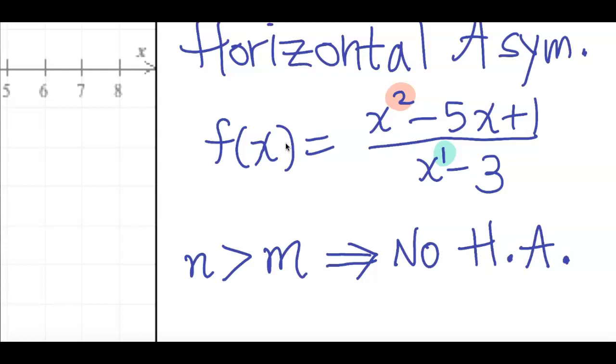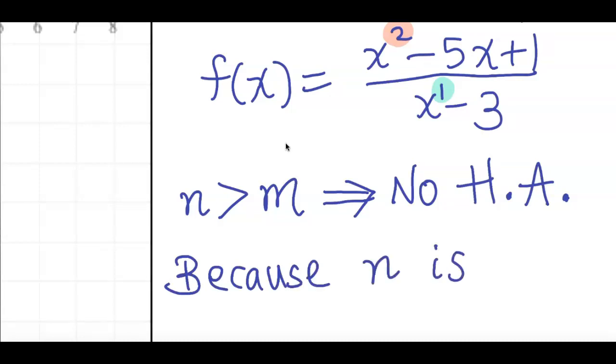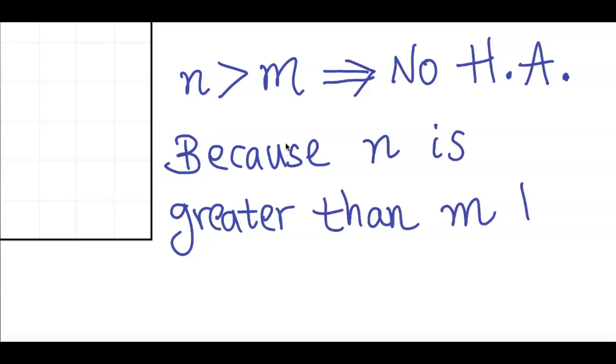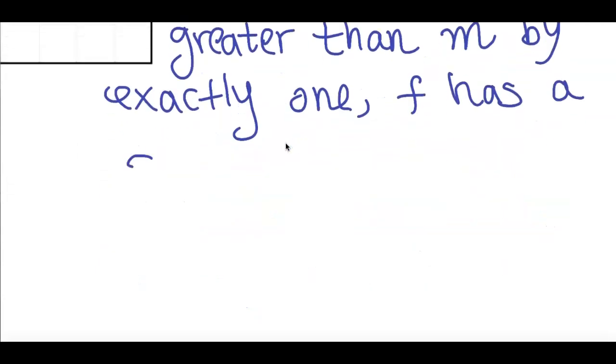Because n is greater than m by exactly 1, what kind of asymptote do we have? f has a slant